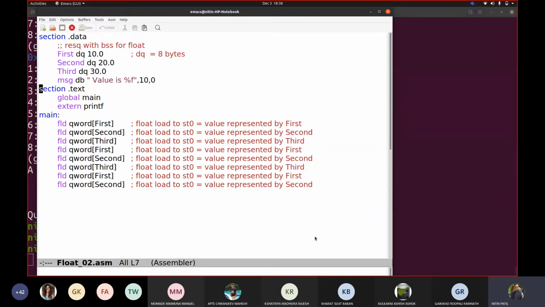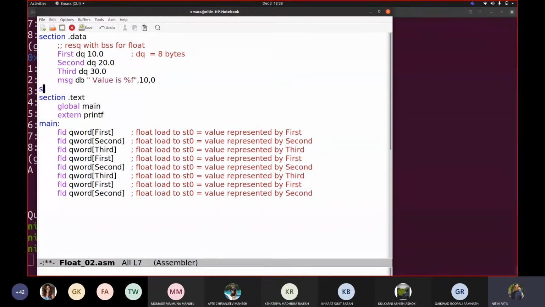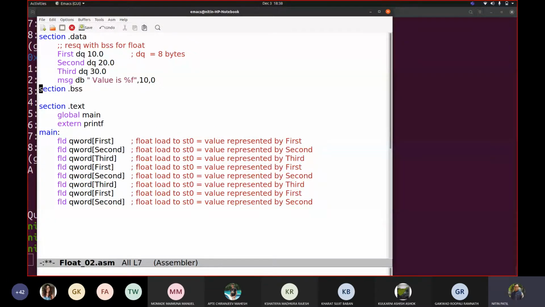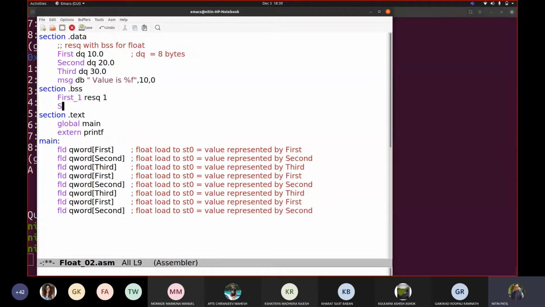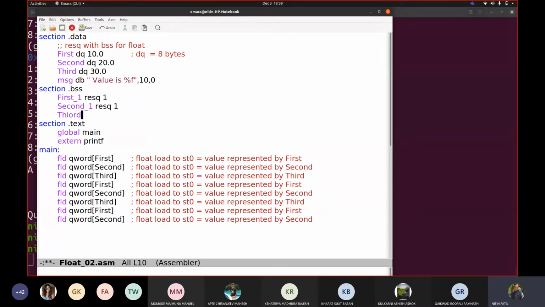Now suppose I have to store these values in variables. So you write section dot bss. Then you write, for example, first_1 resd 1, second_1 resd 1, third_1 resd 1.